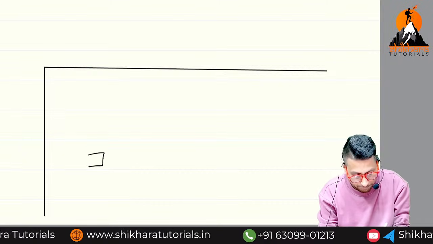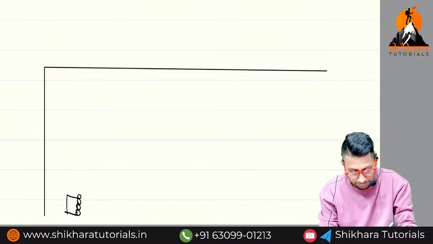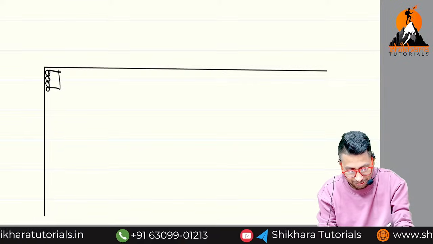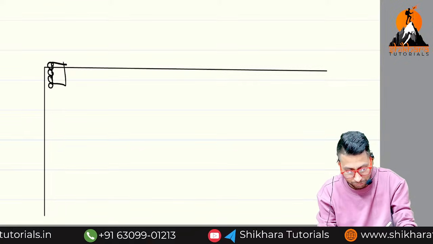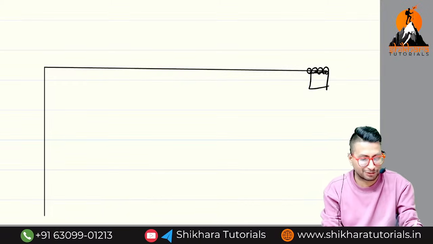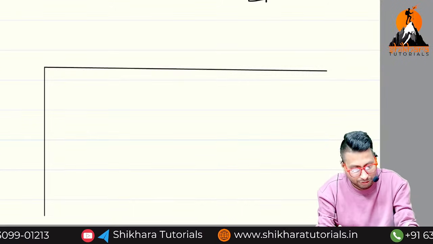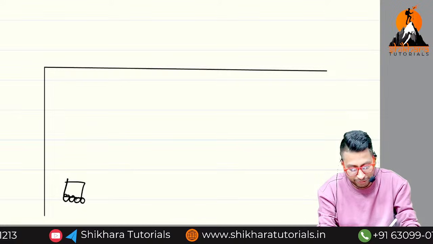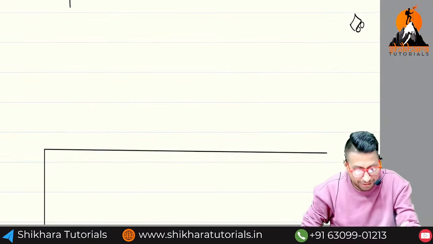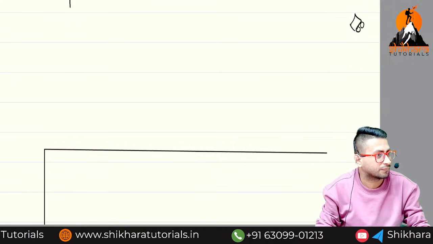Let me draw one car first. The car is going like this. They are expecting it to turn like this and then go like this. Imagine, is it possible or not? Not possible. Okay, let us assume something people will do. This fellow is going like this, he will turn like this and go. It's okay. But imagine they spent crores of rupees without doing simulation.